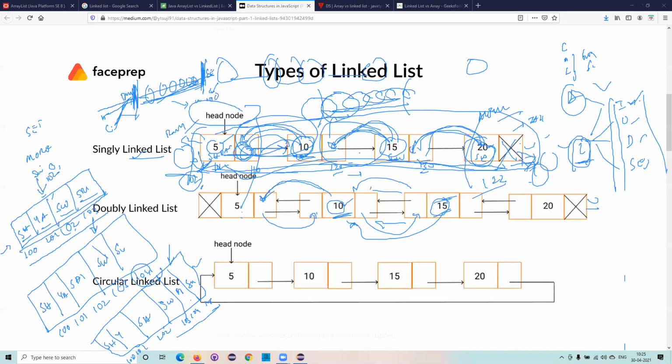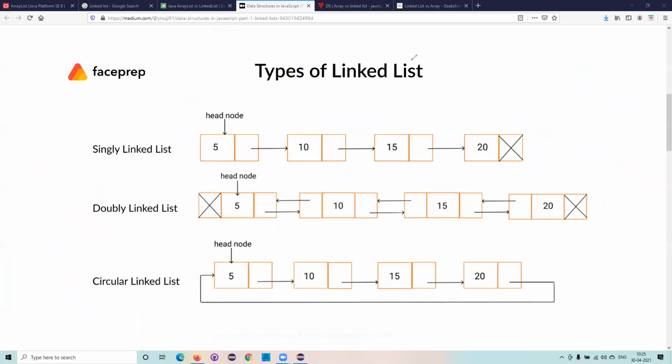But now consider what will happen here. Now here it is not a continuous memory allocation. So it was storing in 110, 120, 130, 140. Now I wanted to insert the element here. Now I wanted to insert an element over here. The address of the 10th element is 110, the 15th element is 120, and for this one is 130, and for 5 we will have something around 102.